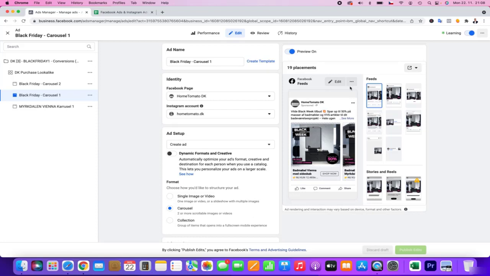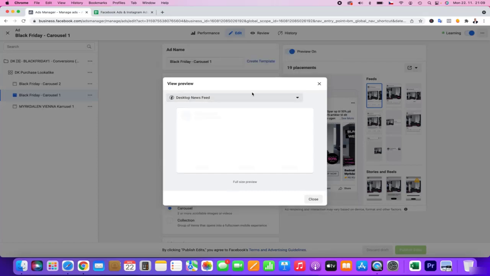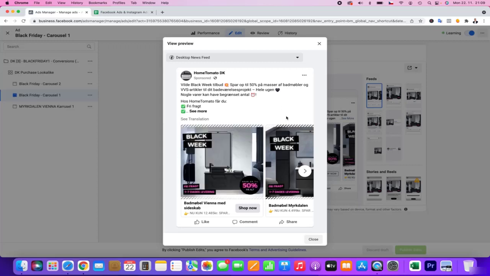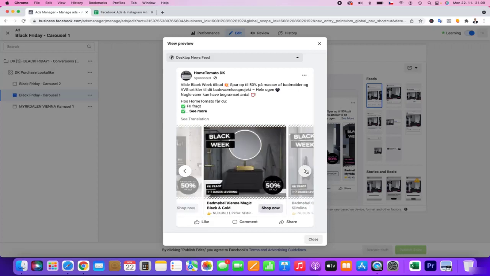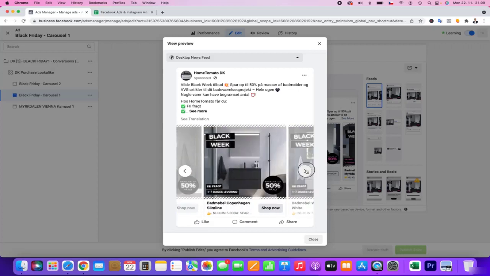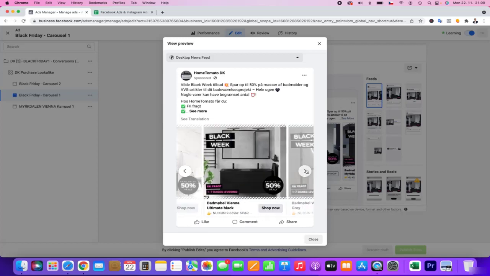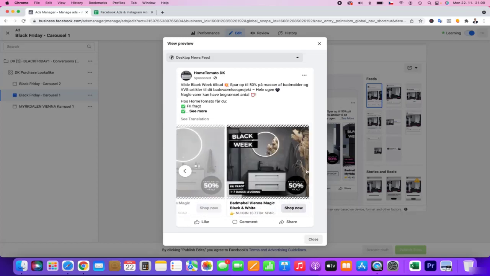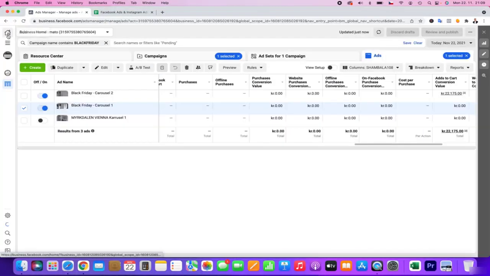In Scandinavia, in Denmark especially, but I think now it's a modern trend in more countries, this black. So we are focusing a lot on black, and I think it looks really fantastic. I really love it, and the price shown, this is a great strategy. So I'm really happy about it.